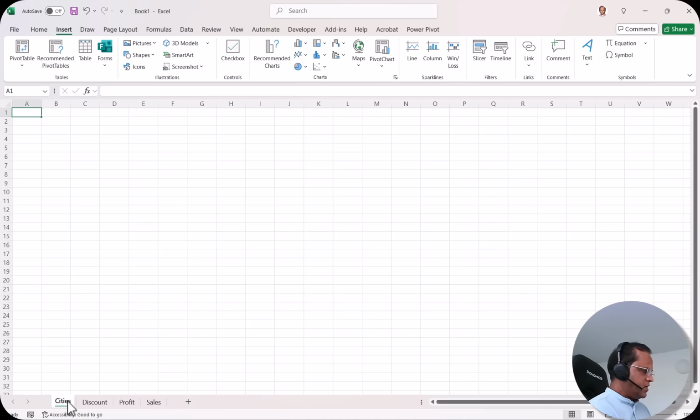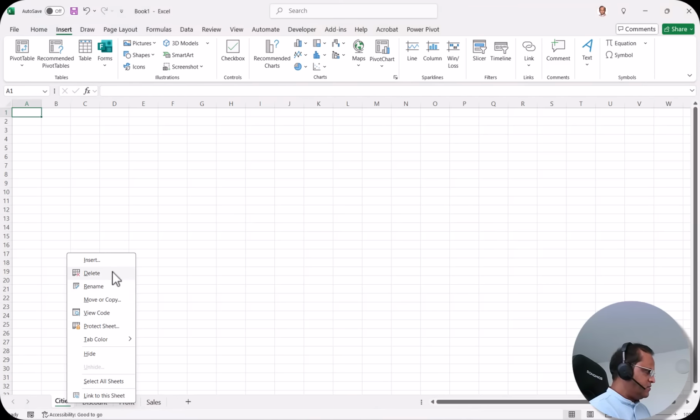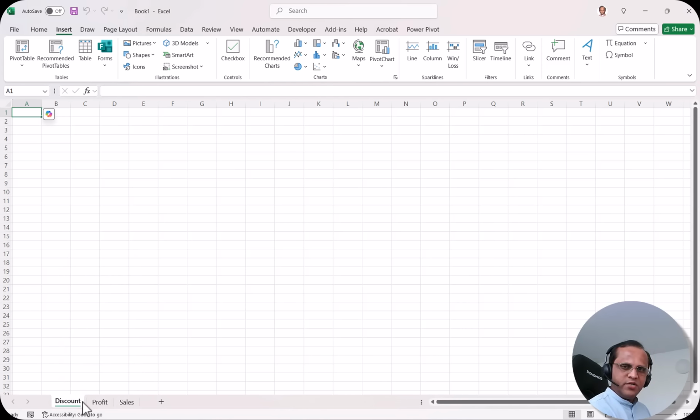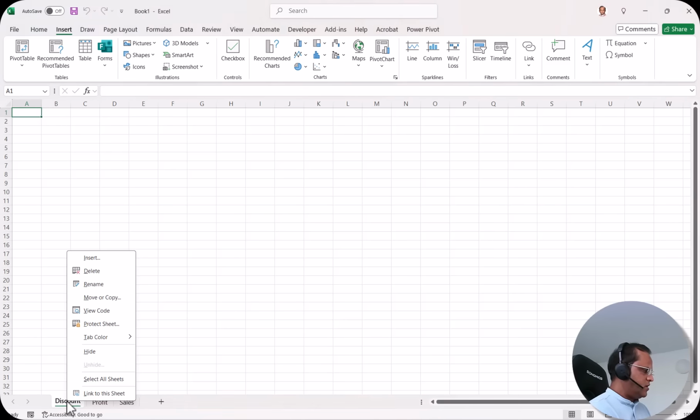Now when you right click again on one of the sheets, we can also delete the sheet. Suppose I want to delete this city sheet, I can click on delete here. Okay, so now the city sheet is gone. I've deleted it. Suppose I again right click on the discount sheet, I can rename here,